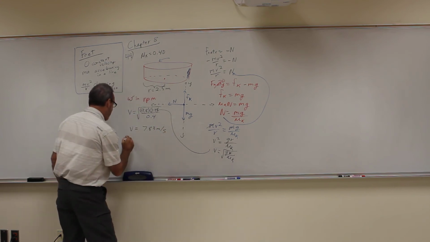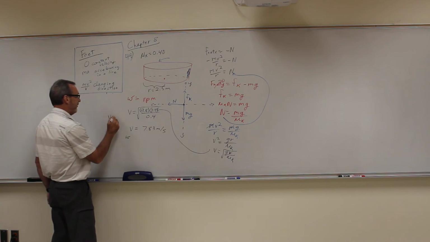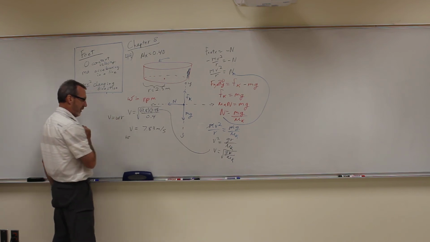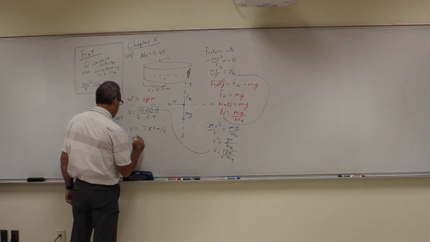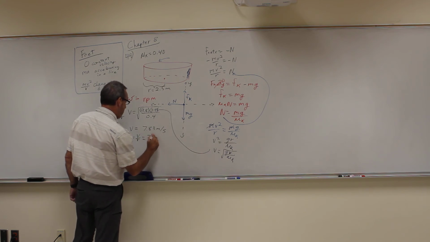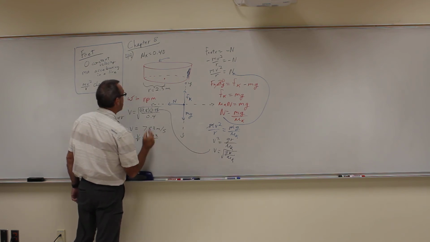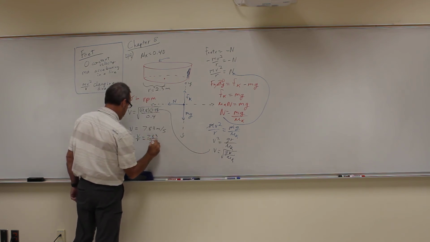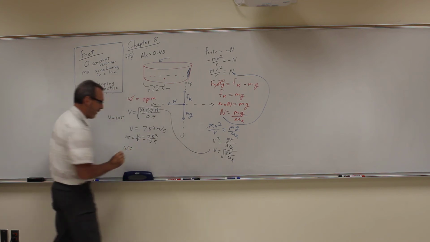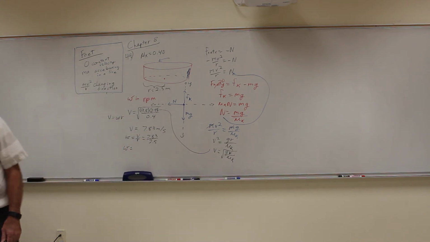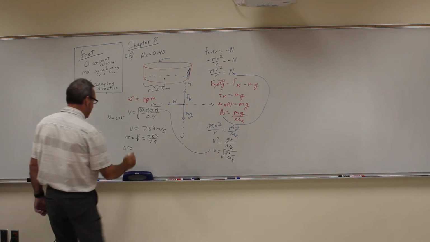But we want omega. And if you remember, v is equal to omega r. So omega is equal to v over r, or 7.83 divided by 2.5. And when you do that, you get 3.13